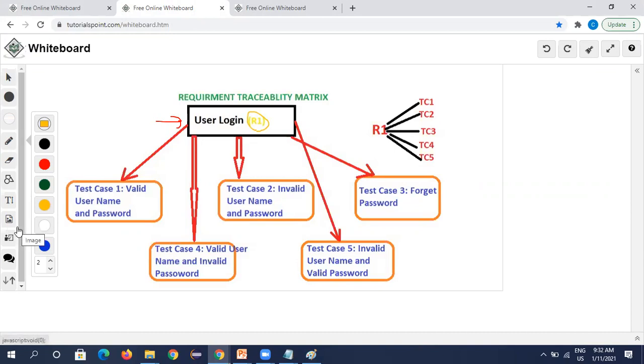Now, once you go through the requirement document, you observe one requirement, that is user login. So login functionality is one requirement. Like that you find many requirements, like R1, R2, R3, up to R20. Each requirement consists of test cases: R1 consists of 5 test cases, R2 consists of 10, and R20 consists of 30, say for example. So altogether from R1 to R20 there are hundreds of test cases.